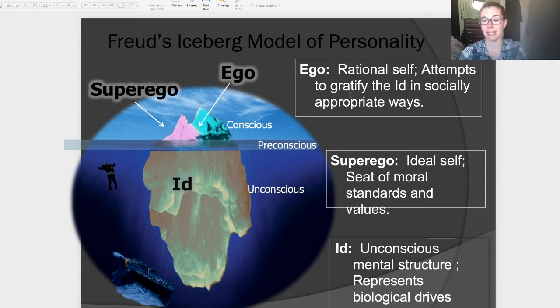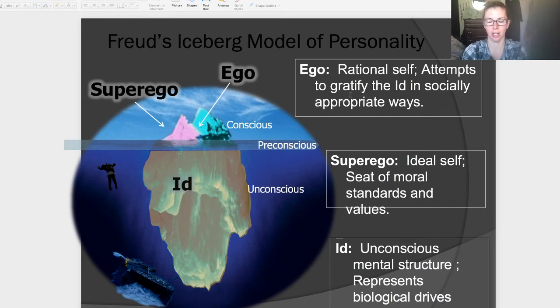And then slowly you develop an ego, which is a rational self. So you can see, if this was true, that children around the age of 18 months, 2 years old, are starting to realize that in order to get what they want, they have to do certain things. So they start using their words, language or signs or whatever to communicate what they want or need. So instead of just running up and grabbing the cookie, they ask their mommy nicely for a cookie and then they get one. That would be a demonstration of their ego, their rational self, attempting to gratify the id in a socially appropriate way. And then the last thing to develop, according to Freud, is the superego.